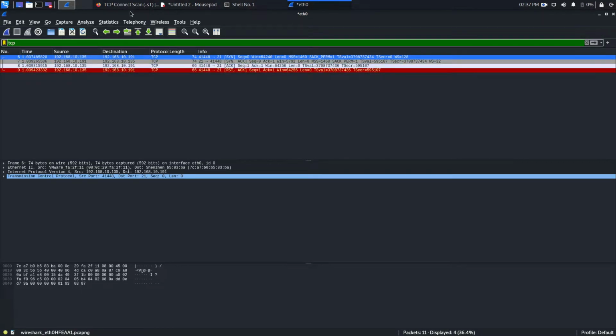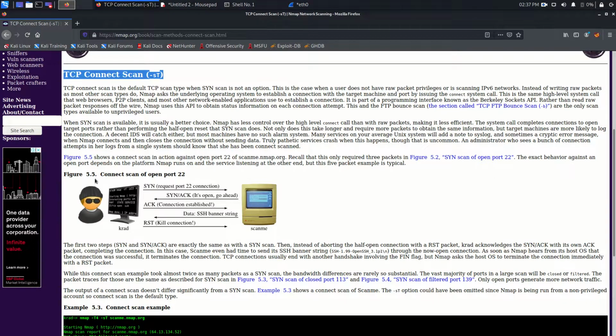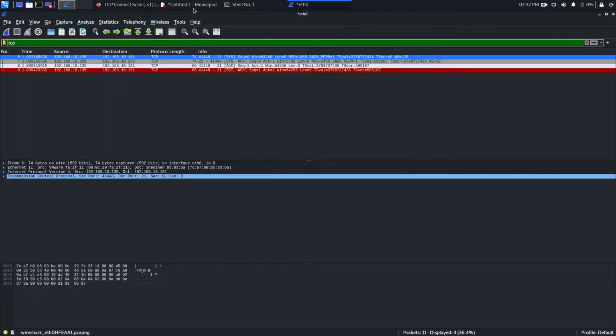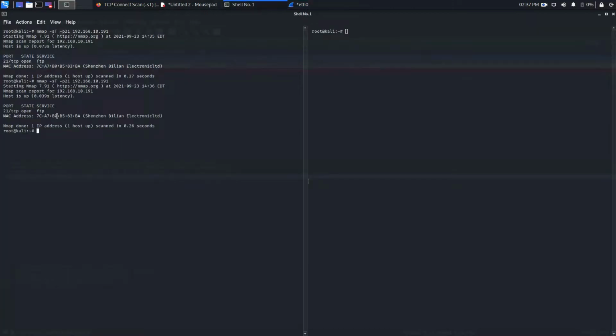So what happened in the TCP scan, as you can see here: first the source will send a packet having the SYN flag to the destination on the port you are scanning. Same here, we are scanning only port 21.